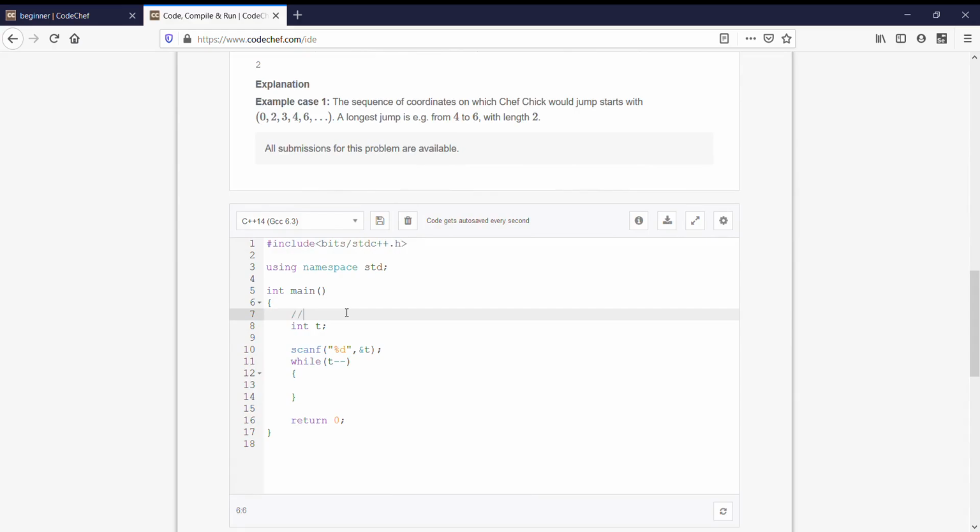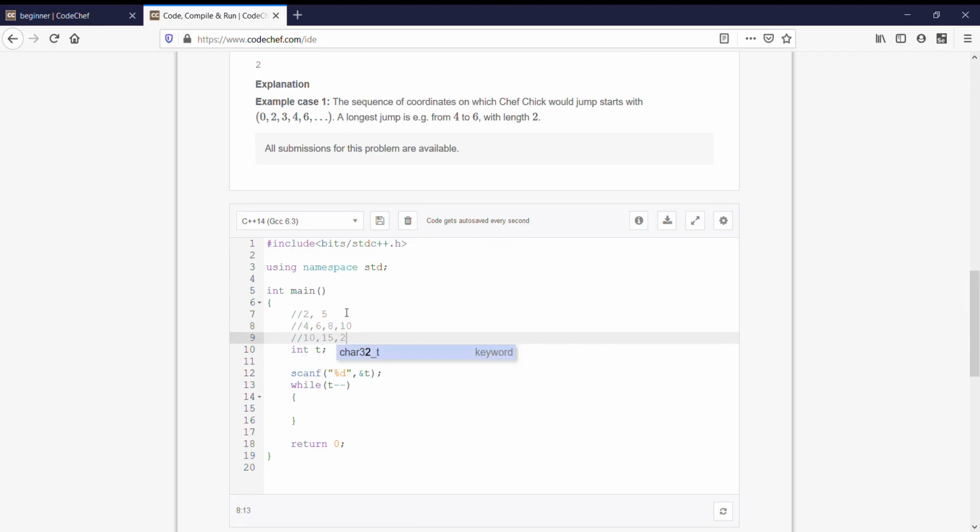Suppose Jeff has a favorite number list and it contains 2, 5. It is also said that the numbers that are present in Jeff's favorite list, its multiples are also favorite numbers of Jeff. So 4, 6, 8, 10 and so on are also favorite numbers as they are multiples of 2. Similarly 10, 15, 20 and so on are also multiples of 5, so they are also favorite numbers of Jeff.